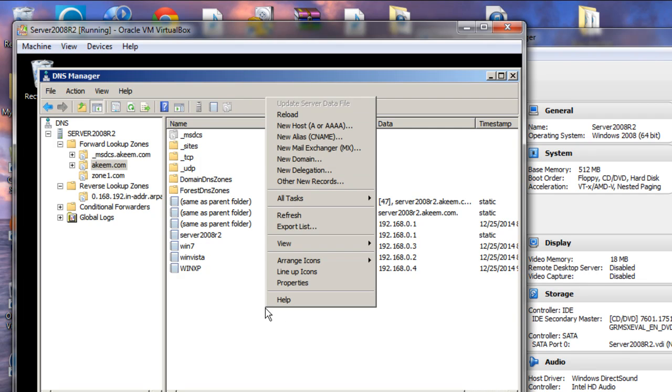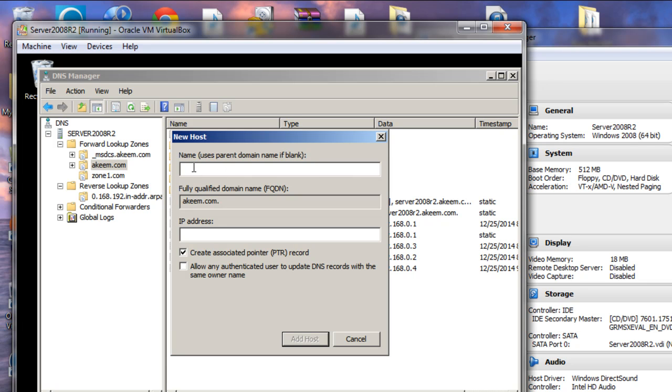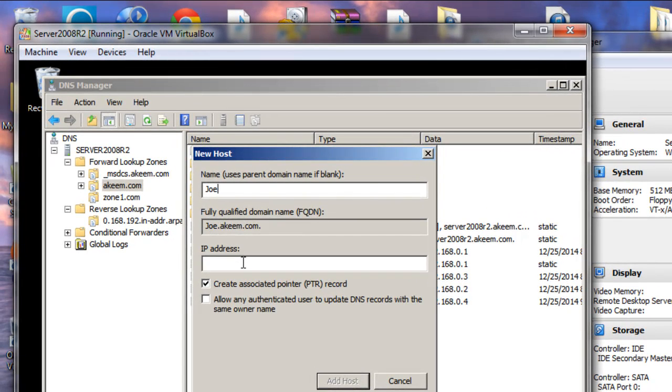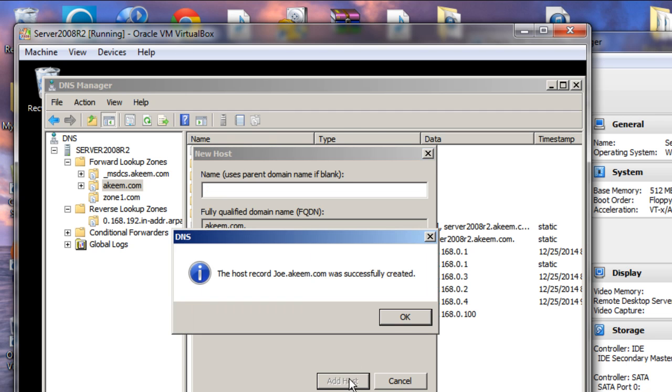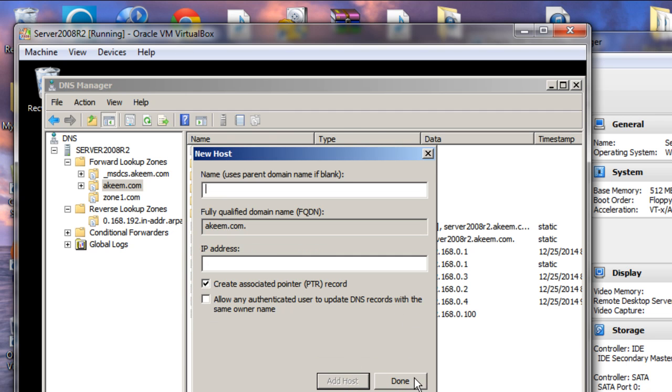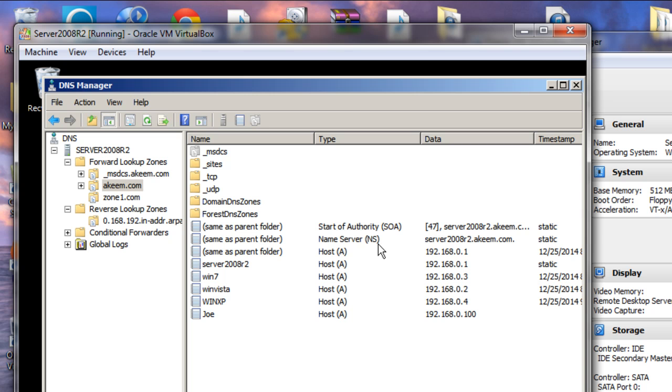So what we want to do now is create a new host. The name here, we'll say Joe. As you can see, the fully qualified domain name is joe.akim.com. The IP address 192.168.0.100, and we select create associated pointer record here again, add host, and done. So what we're going to do now